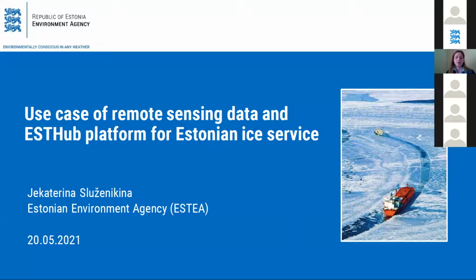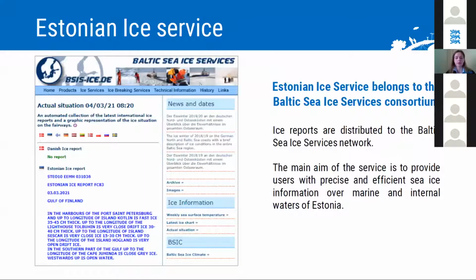My name is Jekaterina Služenikina. I'm a satellite specialist from Estonian Environment Agency. And today I would like to speak about the use case of the remote sensing data and the usage of ESTHub platform for Estonian Ice service. I would like to begin with the